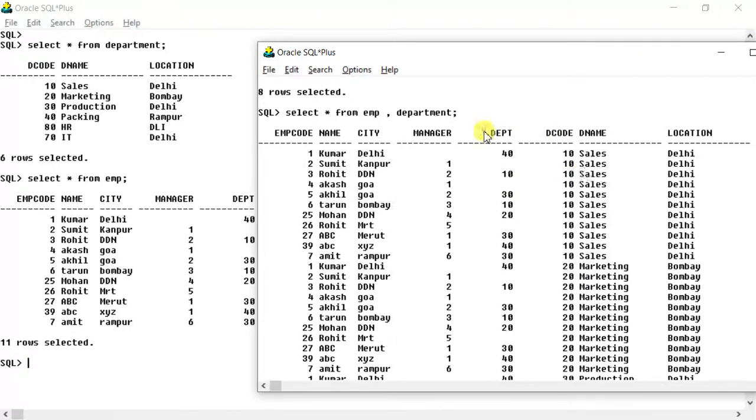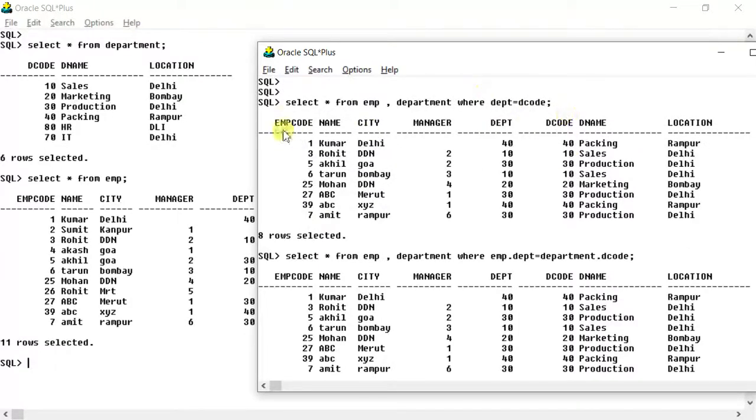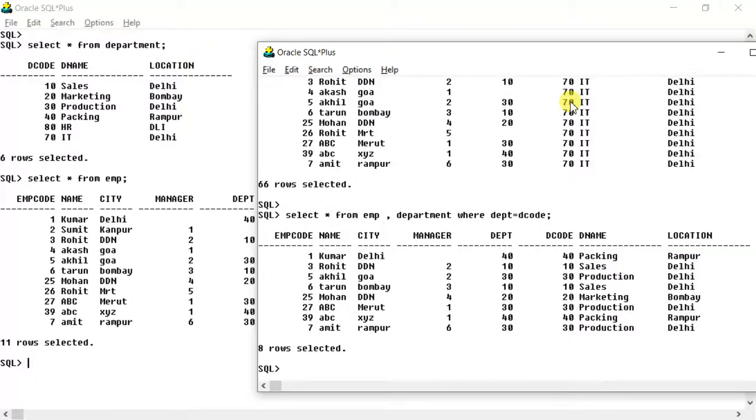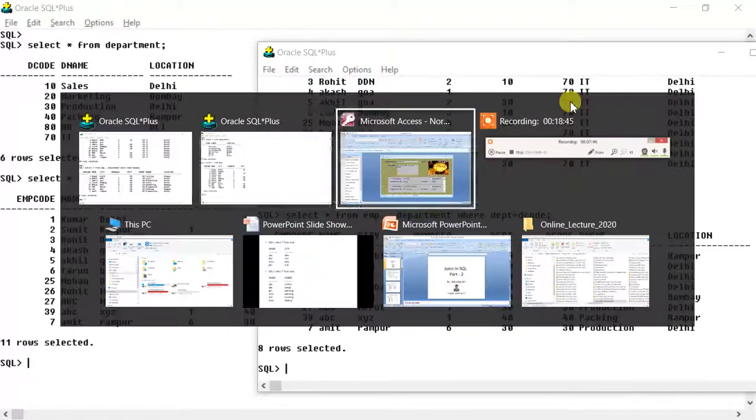We have to match the equality of these two columns. Therefore, we have given the same thing here: select star from employee comma department where dpt equal to dcode. This is what we call an equijoin. I hope you have understood. Please make a note, practice it, and then we will see the third part of this tutorial. Thank you very much.